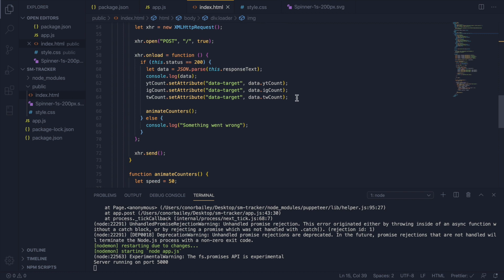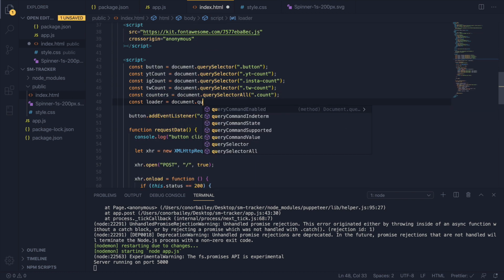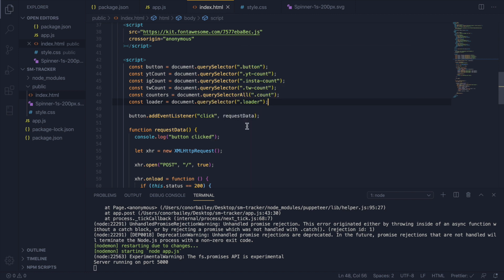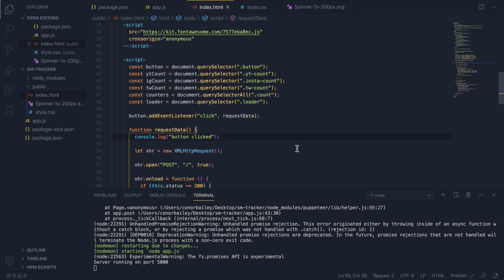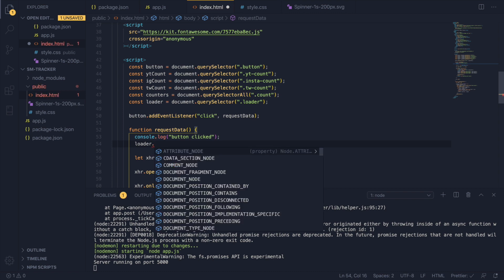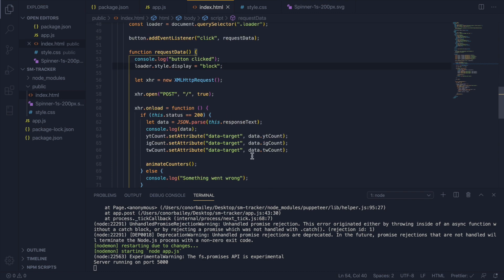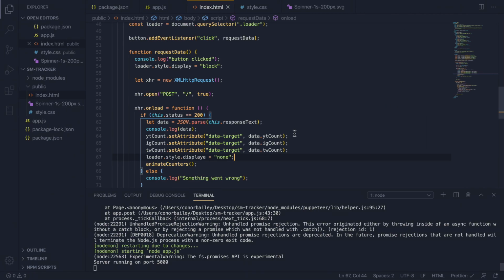And then coming into our index.html, actually we'll just do our selector, so we'll say const loader equals document.querySelector('.loader'). And then within our request data function, we'll say loader.style.display equals block to make that appear on the page. Then in our onload function, we're going to say loader.style.display equals none again, because we want it to disappear after the data has been loaded. Now if we refresh,